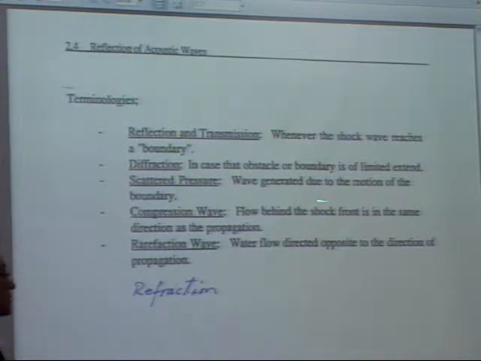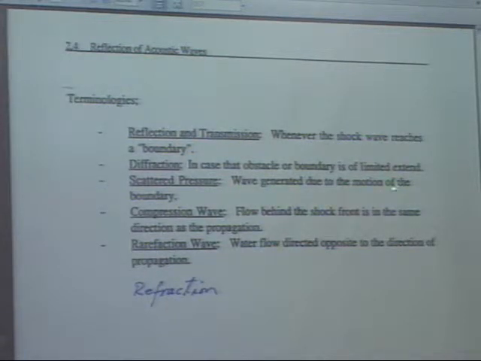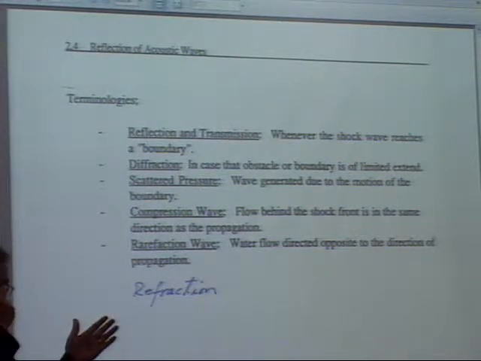Scattered wave is somewhat important. You will see the action of this scattered wave. Scattered wave, or in this case a pressure wave, is generated due to the motion of the boundary. What does it mean here? Is this a flexible